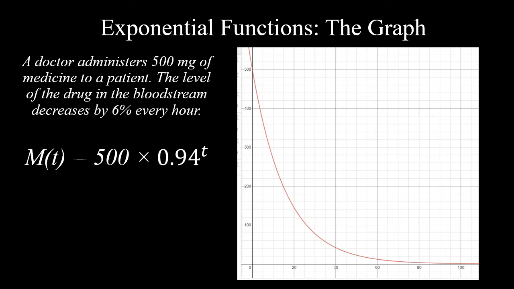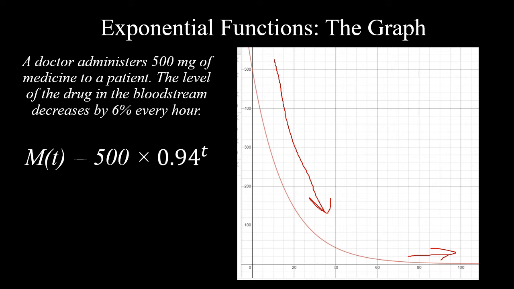And you can see that, as we've discussed, this is decay, right? You can clearly see that this function is decaying just by looking at it visually, right? It's going down. And like I said, it will get really, really close to the x-axis, but it will never actually cross it. Okay, and we know